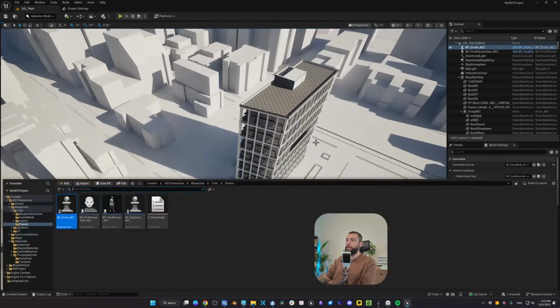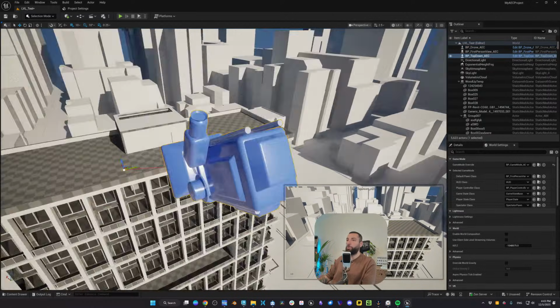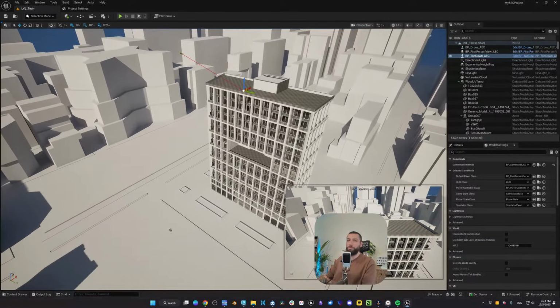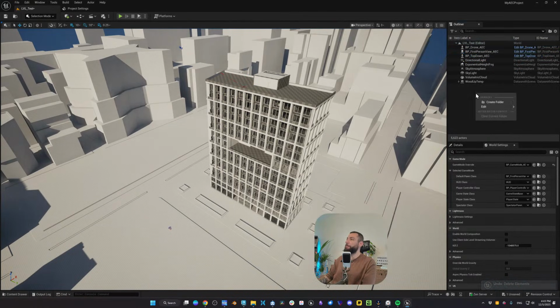Okay. And let's say I want to have the top-down mode. So I can click and drag and add that to my project. And you can add the pawns you want to add to your project. So let's say now we've added 3. And let me do something real quick together.